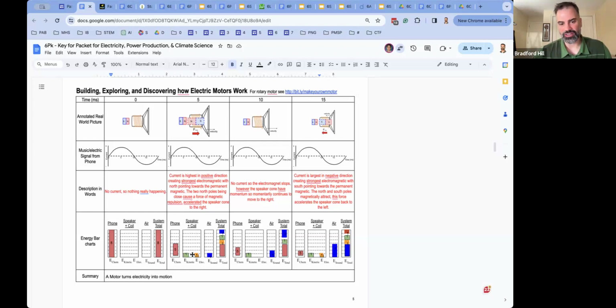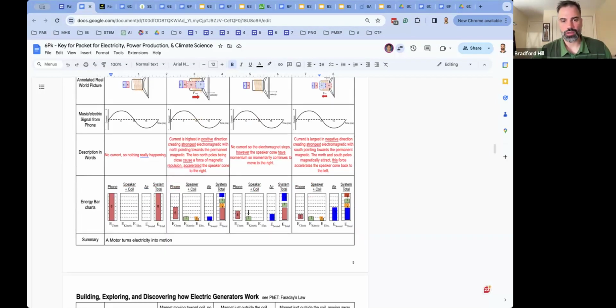Also, we can take a peek down here at our energy flow. And oh yeah, some of the battery's been used up. There's electricity flowing. And because that electromagnet is being repelled by the permanent magnet, we have kinetic energy. The speaker is now starting to move forward. And of course, at 10, the current goes to 0. And then at 15, the direction of the current flips, which flips the direction of the electromagnet. Students can see this when they're playing around, right? There's a whole day of them playing with magnets, wire, and their speaker. And then they see now, oh yeah, north and south, it's attracted, and so the speaker gets pulled backwards. All right, and then